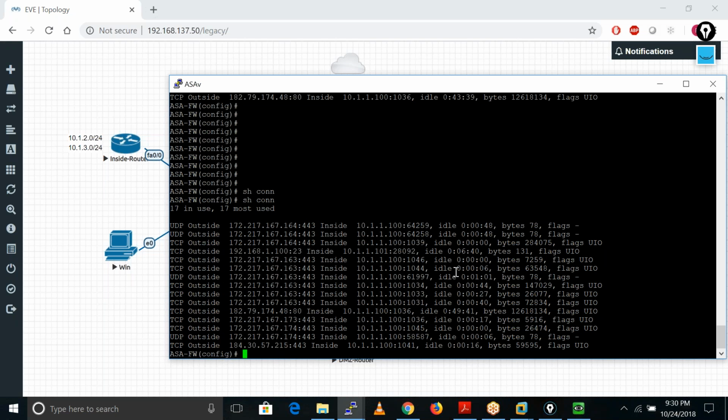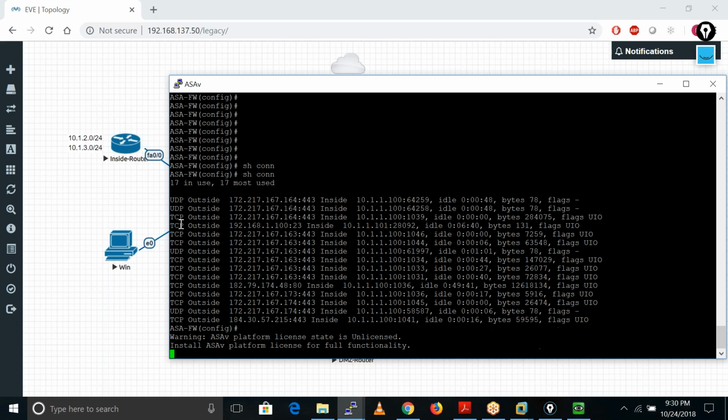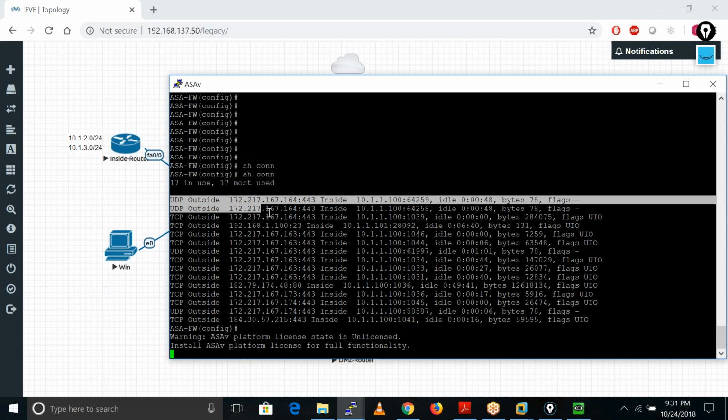Now I see I have lots of connections here. Okay, lots of UDP connections. These are the connections regarding the thing is, we have typed google.com and cisco.com. So our system is sending the UDP request, that DNS request, right, on a UDP port number. That's why we are having these port numbers here.